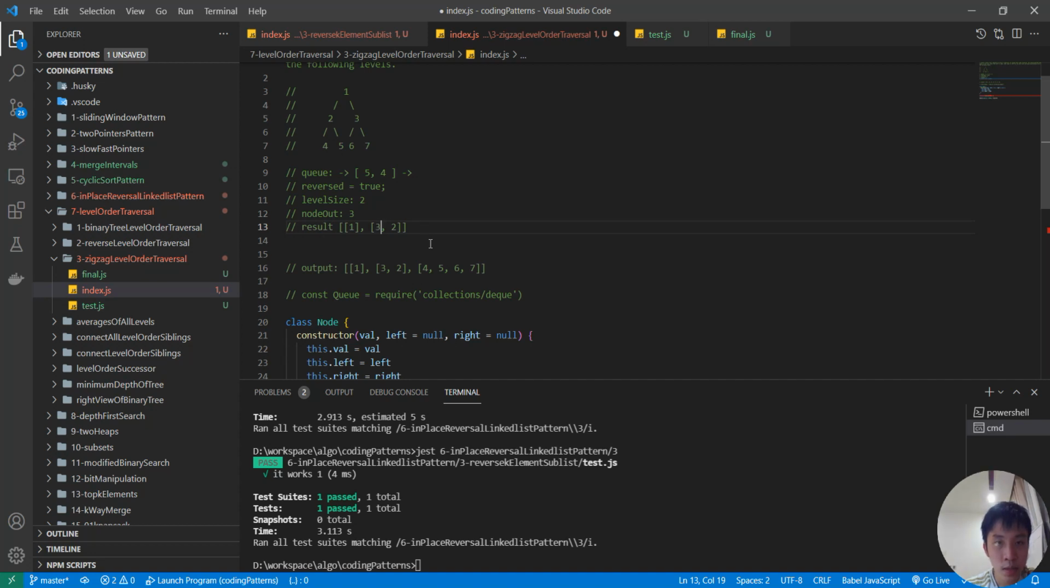Okay, push 3 here, and enqueue all children of 3, which is 6 and 7. 6 first, then 7. Okay, we're done with level 2. We're done when we pop out a total of 2 nodes, which is 2 and 3 out there. So now for the next level, which is level 3,